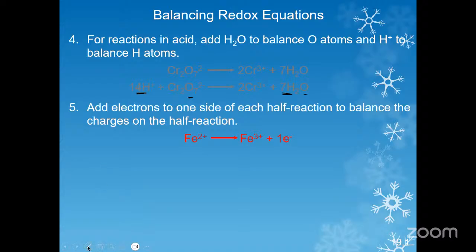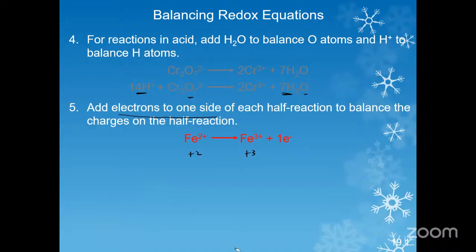balance the charges, let me take that out for the time being. To balance the charges, we look at the total number of charges on either side, right? And basically we add electrons to one side so as to achieve the balance. So in this case here, we have +2 total charge. On the right side, we have +3. So in this case, what we do is add an electron to the right side of the equation,